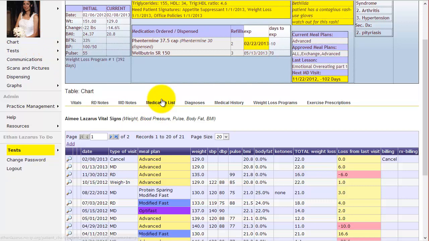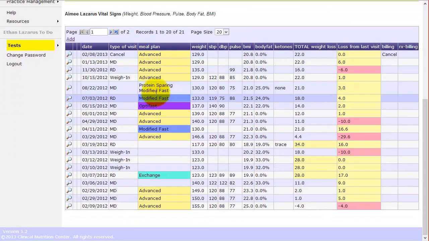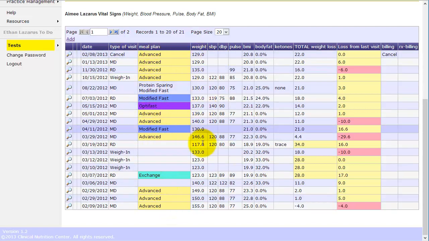And so in Amy's vital signs, you can see what kind of visit they had: MD visit, a weigh-in, a cancel. We track cancels in case you want to charge for that cancel, for example. You do that for billing purposes or just to see that the patient canceled. You can see which food plan they're on, and we color-coded them,